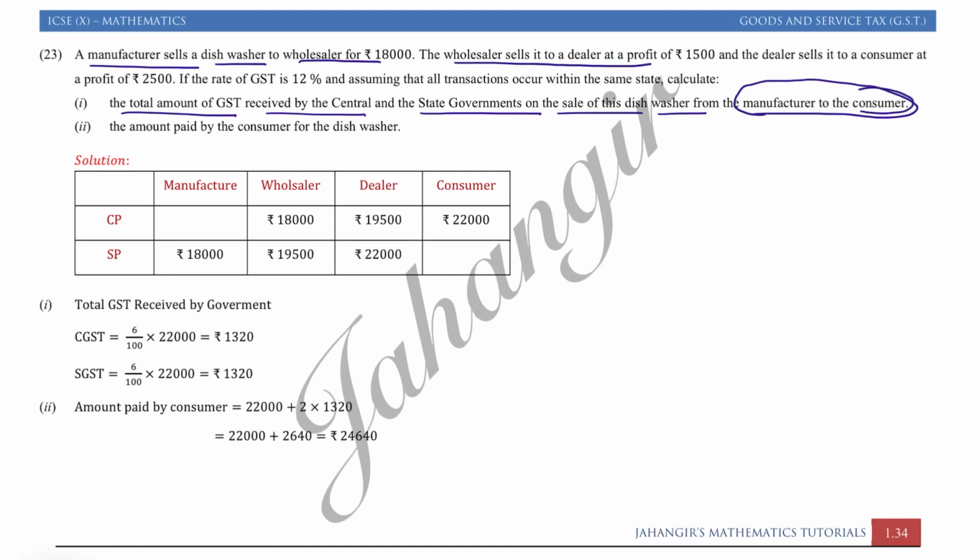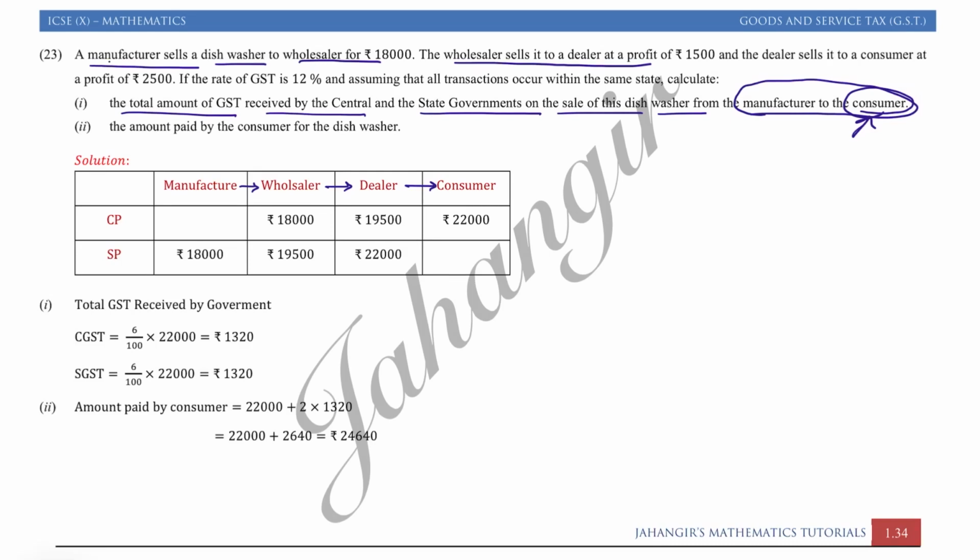Obviously, it's the GST paid by the customer. It's just understood. Okay, from manufacturer to the customer, whatever tax amount government collects, it's just from the customer itself. But it is broken into the stages. So whenever you have this type of question, we will just find the tax paid by the customers. Now here we have different chain: manufacturer to wholesaler, wholesaler to dealer, dealer to consumer. Okay, we have different chain. So first let us read and just fill this table.